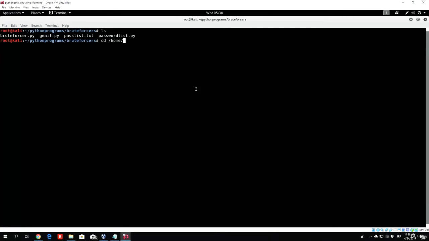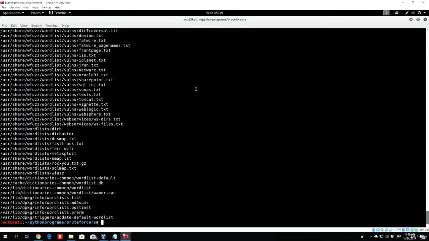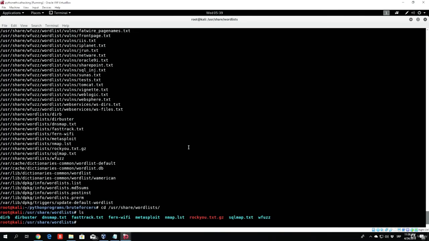to, I believe it is home, or let me just locate wordlists. Locate wordlists. Let me see where the actual, okay, so the directory to the wordlists is /usr/share. So cd /usr/share/wordlists. If you just type here ls, you will have multiple wordlists